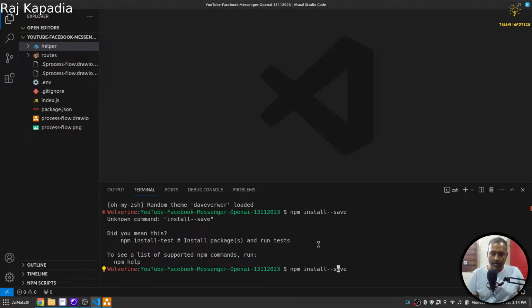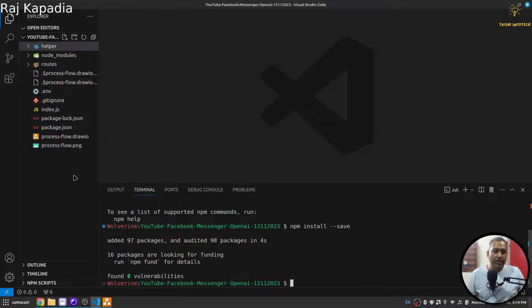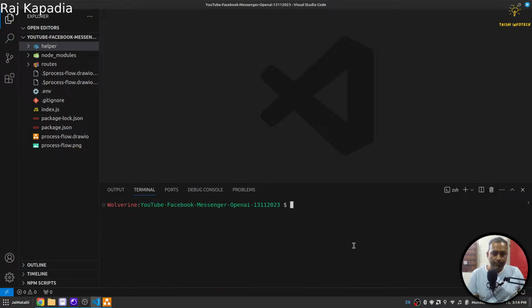In case you're wondering how to get the code, don't worry about the code. The code is available on my GitHub. Once the packages are installed, you can run the server using npm run dev